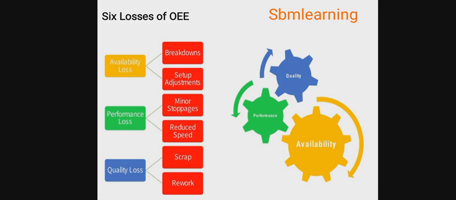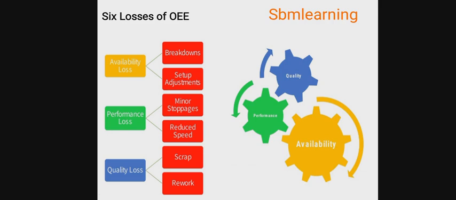Okay, now what is quality loss? Any kind of scrap after producing the whole quantity, the standard output whatever we have got, if something is getting rejected due to a defect or any kind of issue, then that will be scrapped or reworked. Rework means we are going to proceed again through the process that was done on the product, and scrap means we are going to directly give it to the scrap area for sale or for incineration.